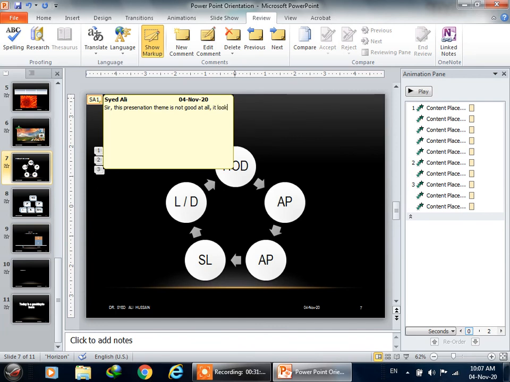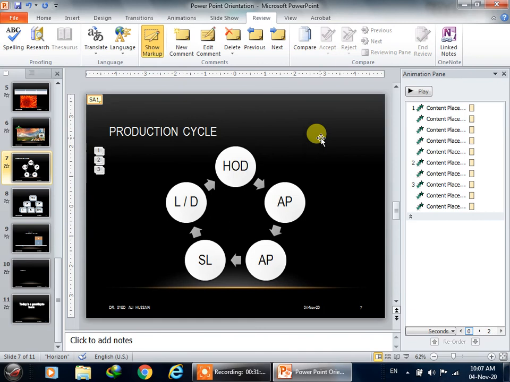It looks too heavy and burdens the eyes. Please change. And that's it. So whenever I click over here, I'll get your message and I can change accordingly.